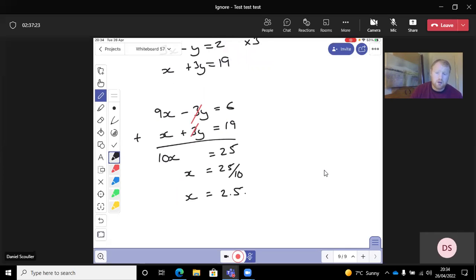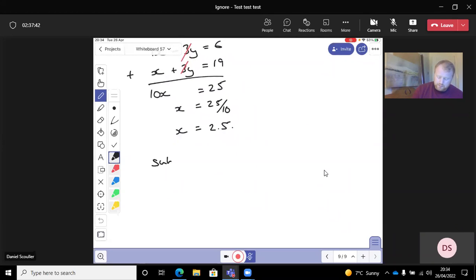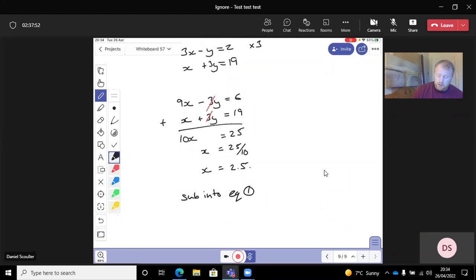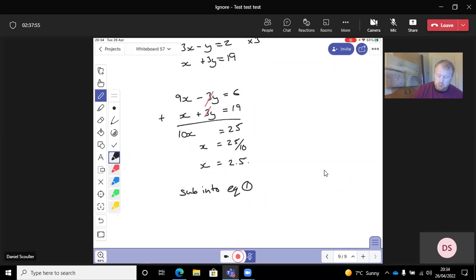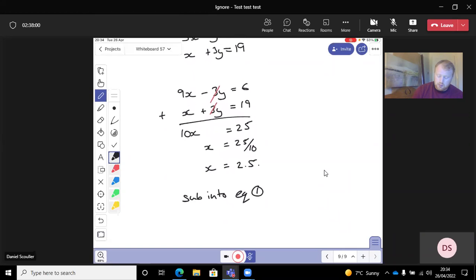Now this is paper 1, so it's a non-calculator paper. It will give you a simple fraction. If it gives you a fraction, 25 divided by 10, you should know that is equal to 2.5. Move that decimal down 1. So we're going to sub that into one of the original equations. So sub it into the first equation. In fact, yeah, sub 2.5 into